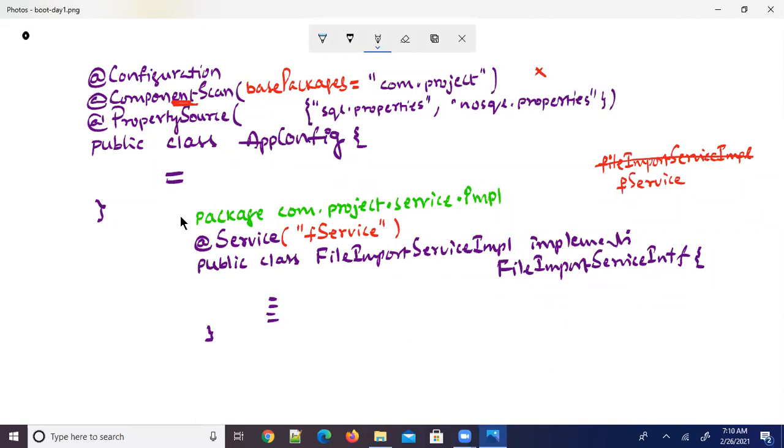Okay. Right. Here @PropertySource annotation has a value element. So here I am writing an annotation with only one element. The element name is value. So if you're writing an annotation with only one element, and that element name is value, then you can avoid writing this. That's the difference. So as I said yesterday, everyone, these are very commonly used annotations: configuration, component scan, property source.